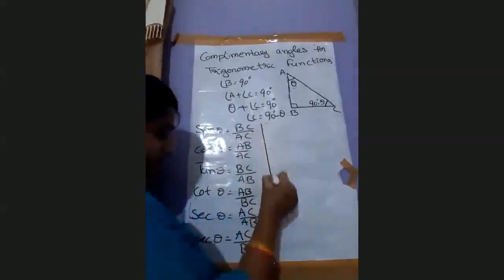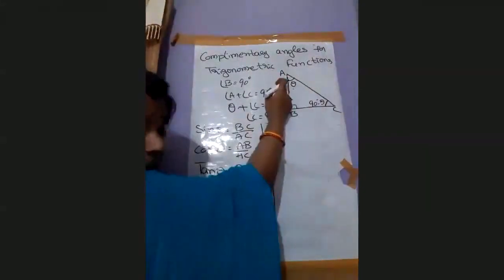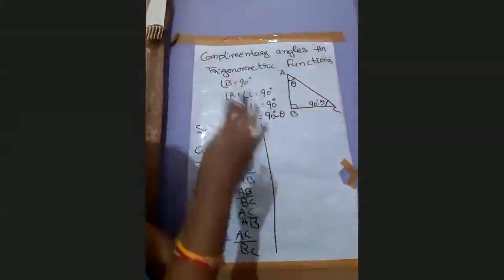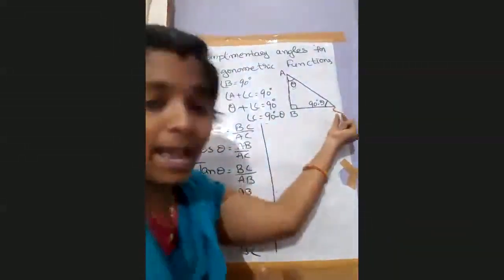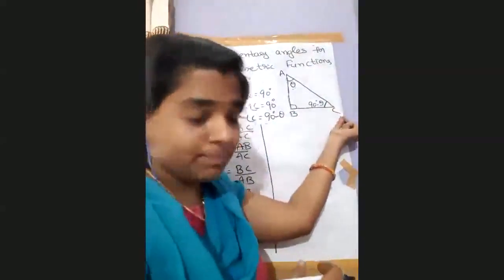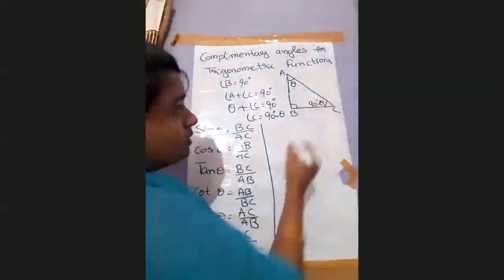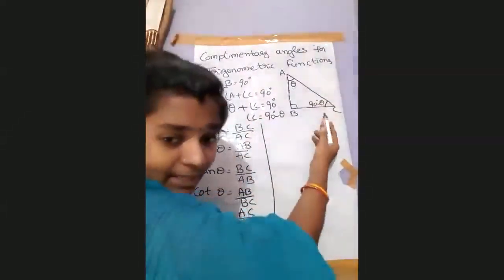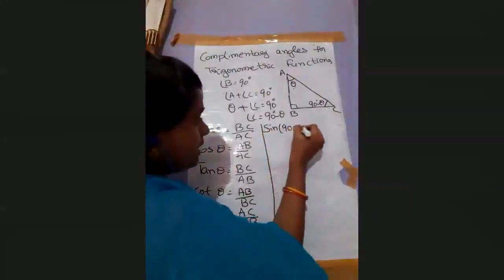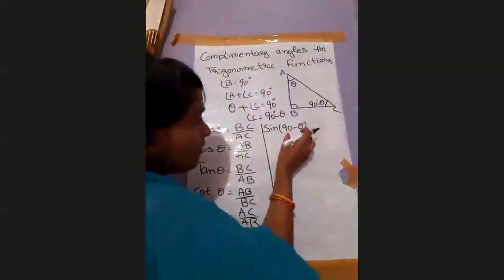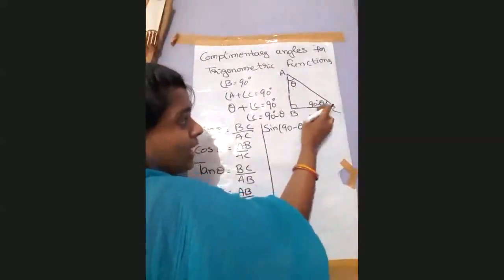Now I have to write about the sin. Here we wrote this value earlier. Considering which angle, we write all the trigonometric functions. So now we can consider the angle C. So let's take angle C. What is the angle here? For angle C we consider 90 degrees minus theta. So we can write here sin of 90 minus theta. Why do I write this? Because at the angle C, we have the angle 90 minus theta.